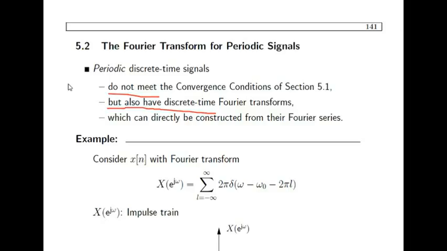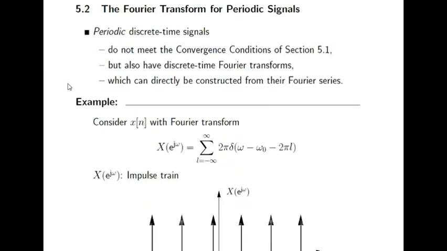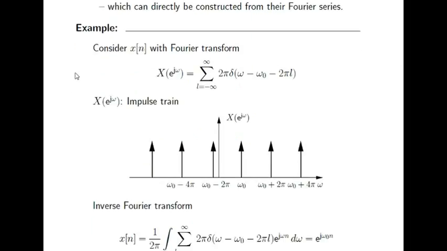Now let's consider x[n] as our signal, which has a Fourier transform X(e^{jω}) equal to the summation over l from minus infinity to infinity of 2π δ(ω − ω0 − 2πl). As you can see here, X(e^{jω}) is an impulse train, because it is the summation of the scalar 2π multiplied with delta,